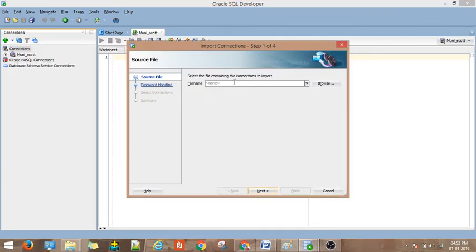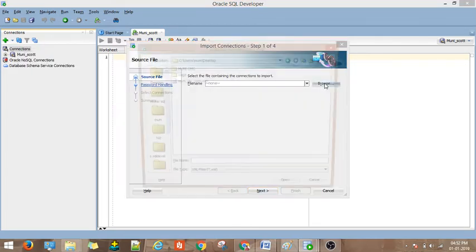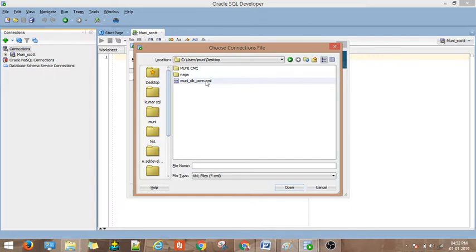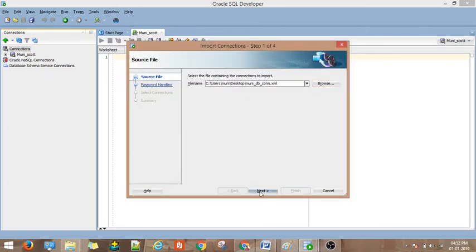Click on import, then it will ask for the file name, so just browse. Go to the path where you saved it and click on that file name. Yeah, I'm clicking on this one. Open, next.